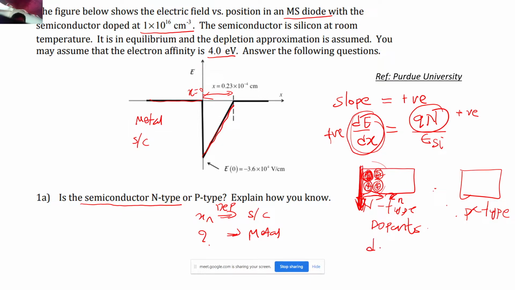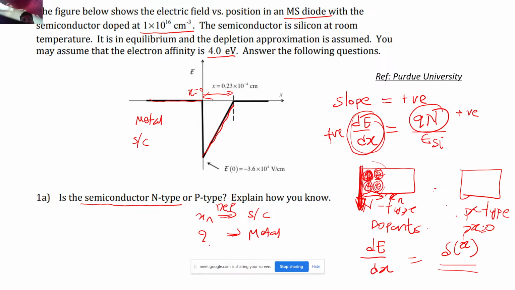So if dE by dx is of the form of a delta function that is present at x equal to 0, correct? The moment I integrate the delta function, what should I get? I should get the step function, right? That means at x equal to 0 there should be an extremely sudden change in the magnitude of the electric field that I should be able to observe, correct?